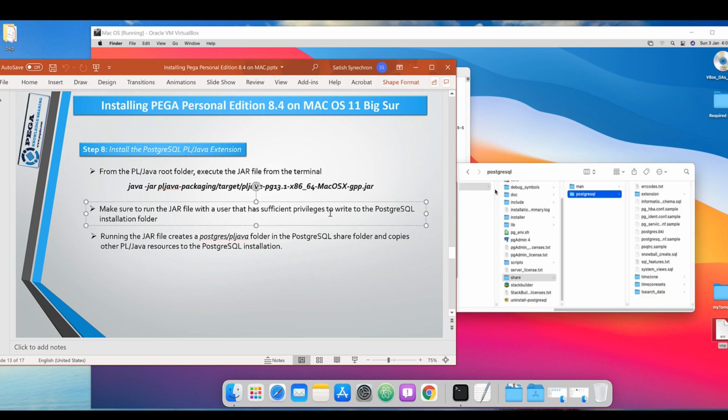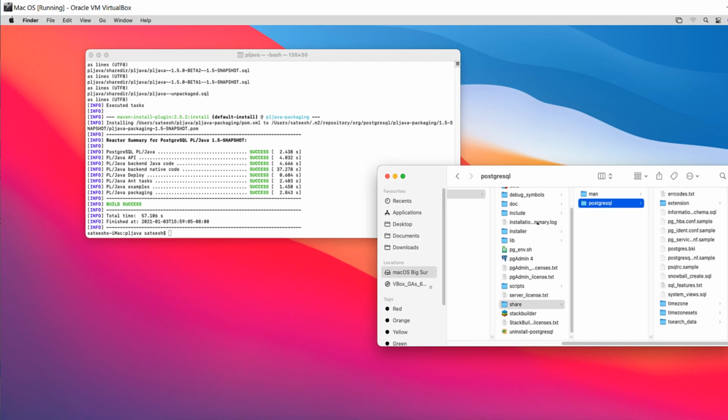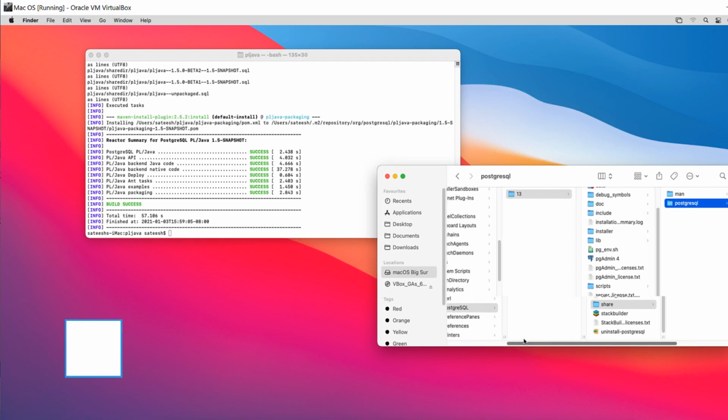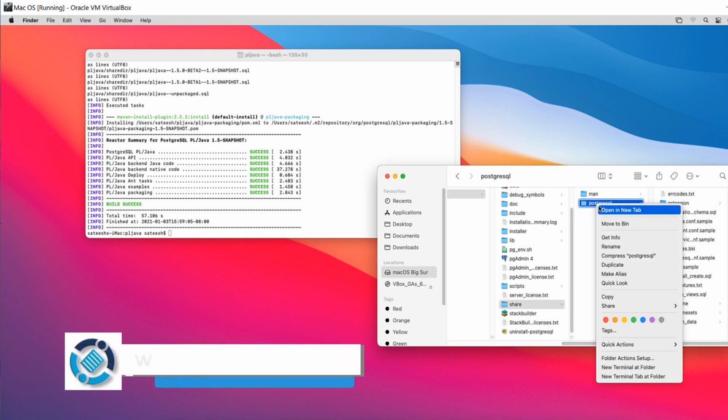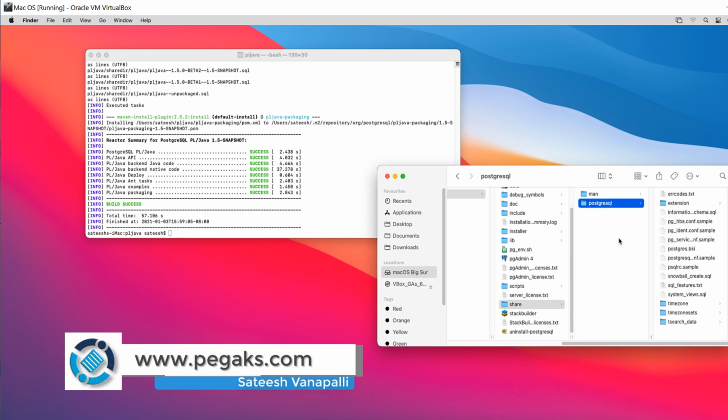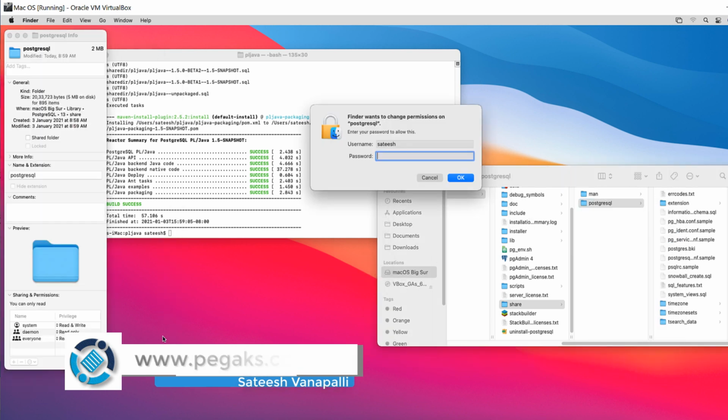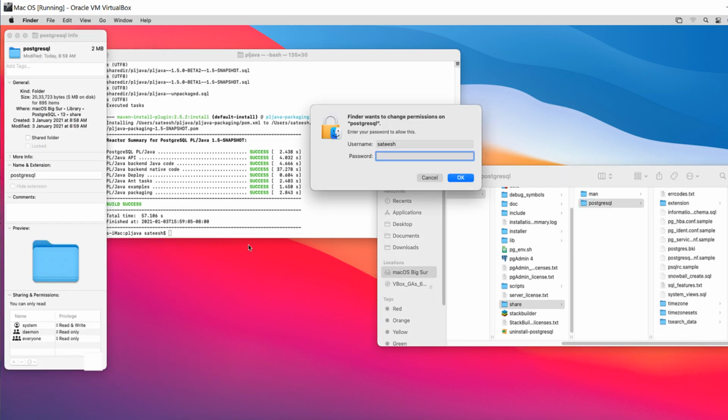To make sure you have sufficient privileges to this PostgreSQL directory, you can navigate to the installation directory of your PostgreSQL. Right click on the Postgres, click on get info. You can unlock by clicking on the lock icon. Enter your system password.